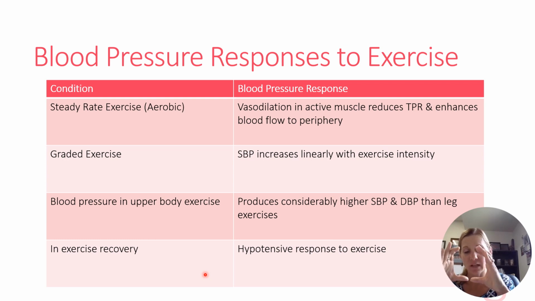So as a result, think about this. I've got this huge tube. I had a bunch of blood flowing through it. Now I'm slowing down the amount of blood going through there. And so I've got a little trickle of blood flowing through a big tube, and that's going to result in a huge decrease in pressure immediately following exercise, resulting in a hypotensive response. So is this good? Is this bad? What should we do about it? For your average person, this is one of the reasons why it's important to gradually bring our heart rate down, so that we can accommodate for this change.